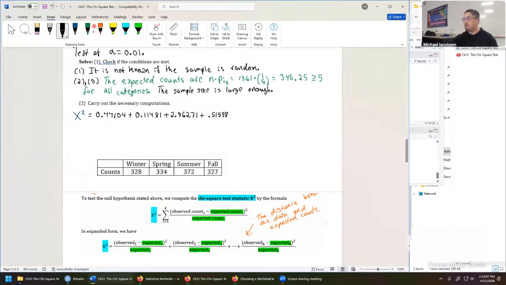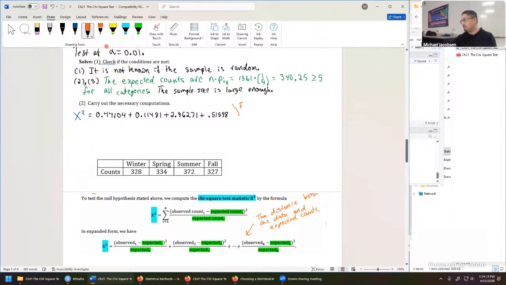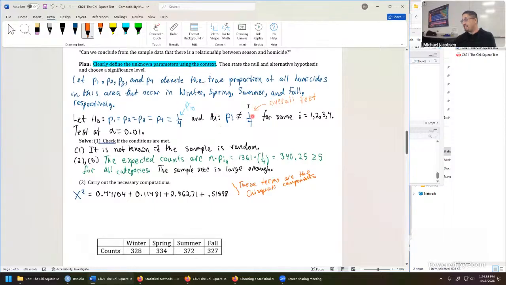So those are all the chi-square components. Let's give it that name in the notes. These terms are the chi-square components. Because chi-squared itself in blue is a test statistic, if we reject the null hypothesis, it means one of these is false. That doesn't give us a lot of information. It's an overall test, but a follow-up analysis can help us narrow down which one is false by looking at the chi-square components. The largest one is